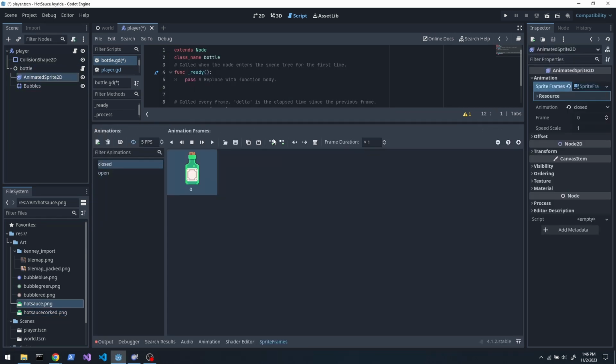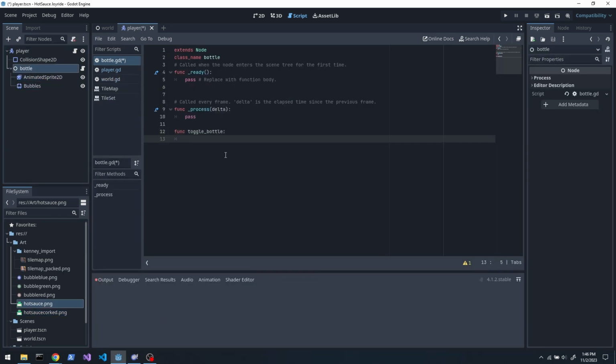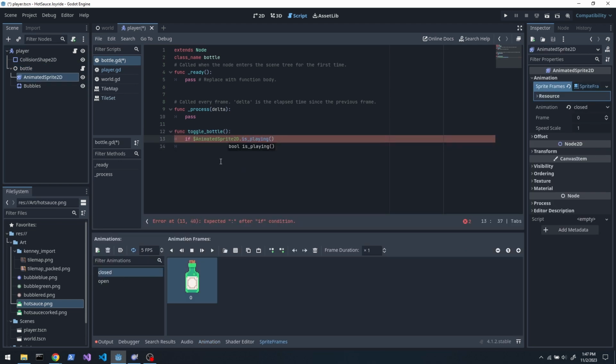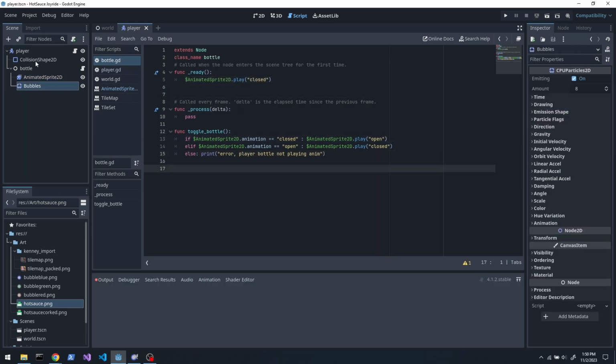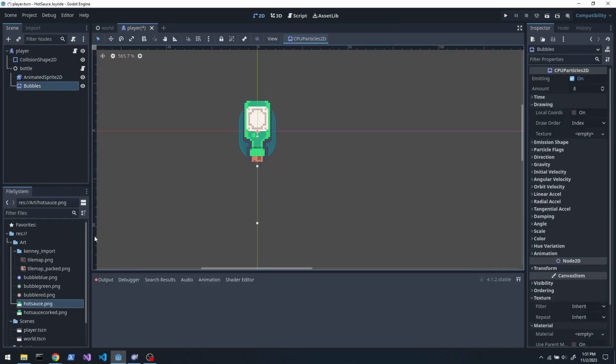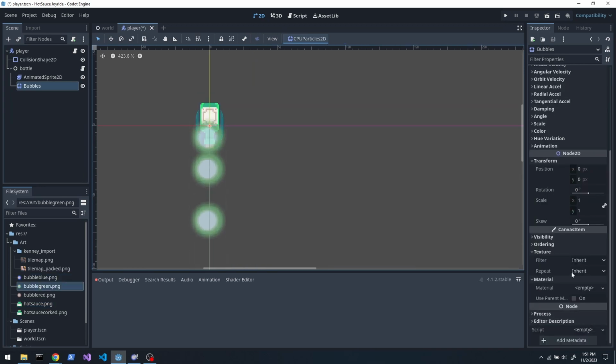And so with the bottle, I want it to have a toggle state for whether it's emitting or not. That way, it's really easy to flip-flop it. And so here I'm trying out those green little orbs that I made in GIMP. And they look okay, but